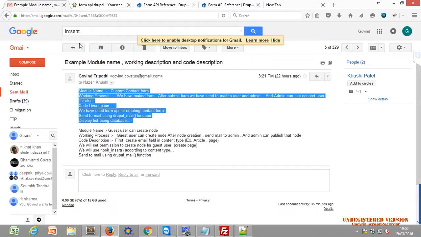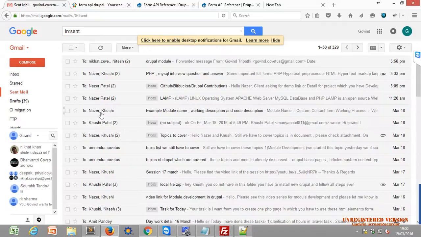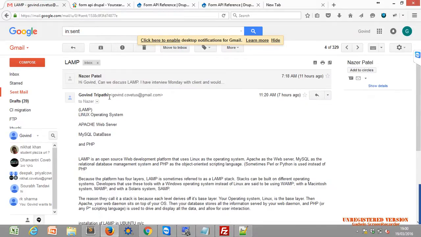Now come to the next mail. We already discussed the LAMP, even then I just sent you. What is LAMP? L stands for Linux operating system, A for Apache web server, M for MySQL, and P for PHP. LAMP is the open source web development platform that uses Linux as the operating system, Apache as the web server,